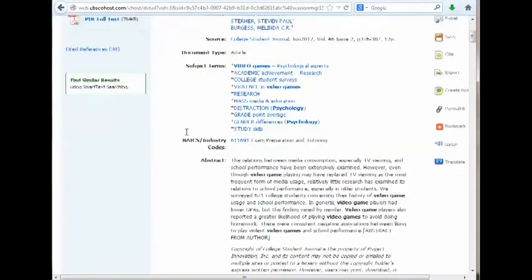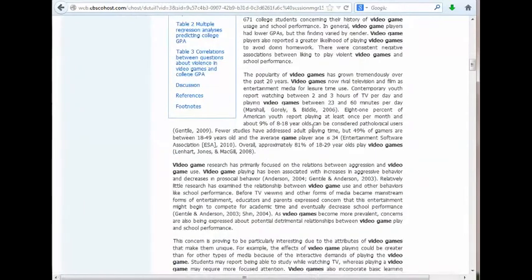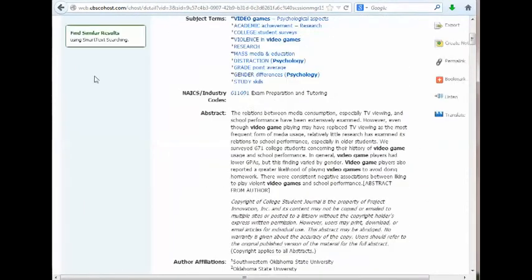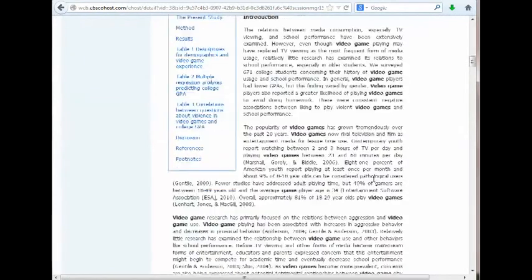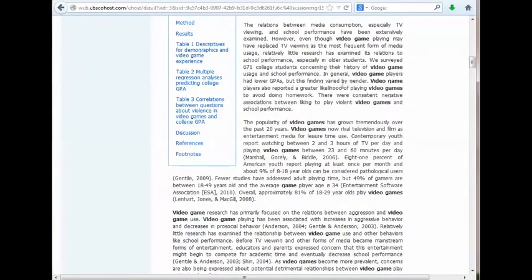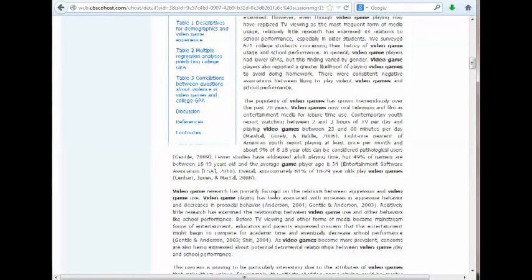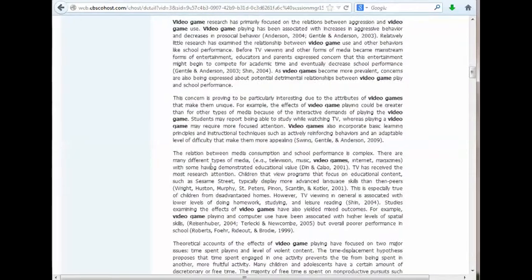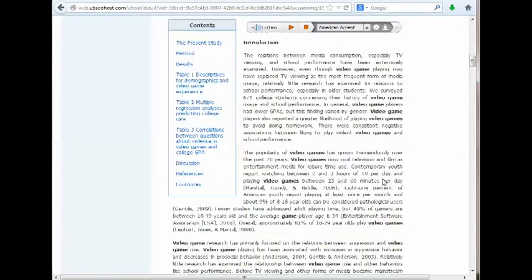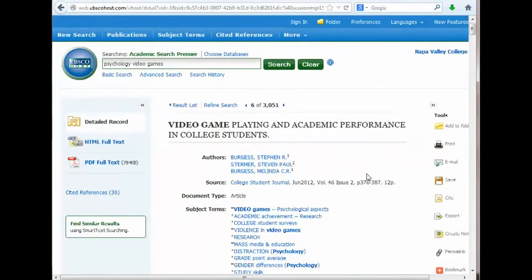So I can scroll down and see the HTML text of the text. This one also provides a PDF, so that's nice too. And I can read and see if I'm interested in what's here. I'm seeing some data. That's nice. That looks good. I'm seeing it's a little bit more readable for me, so I'm liking this text. So now that I've located something that I might want to use, I have a number of options of how